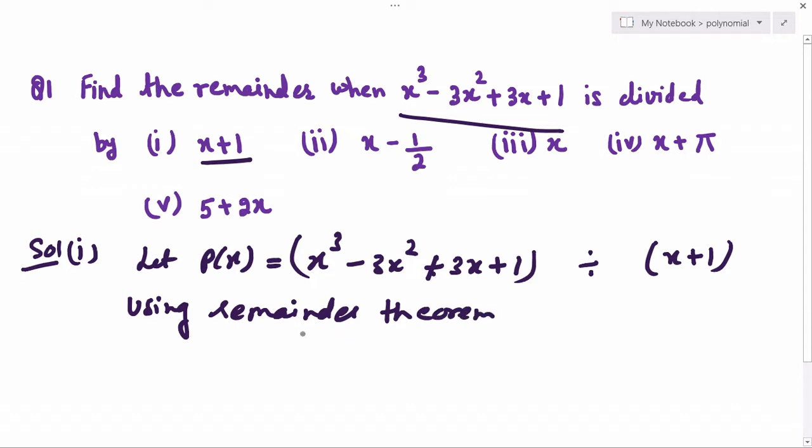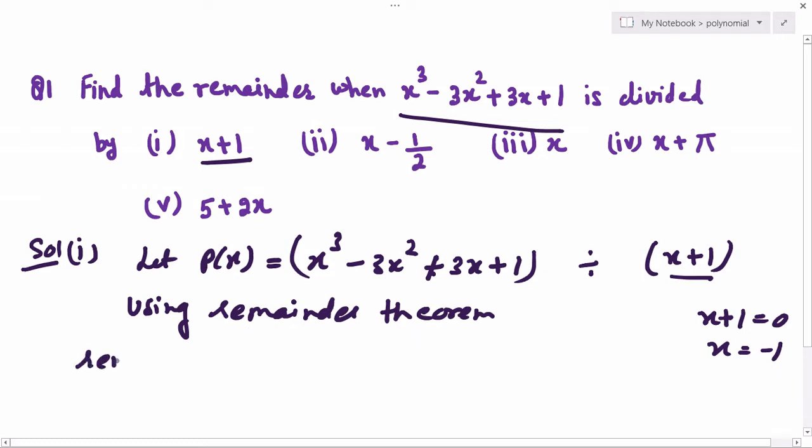So what is the first step to find the remainder? You have to put this divisor equal to 0 and from there you will get the value of x. So using the remainder theorem, the remainder would be